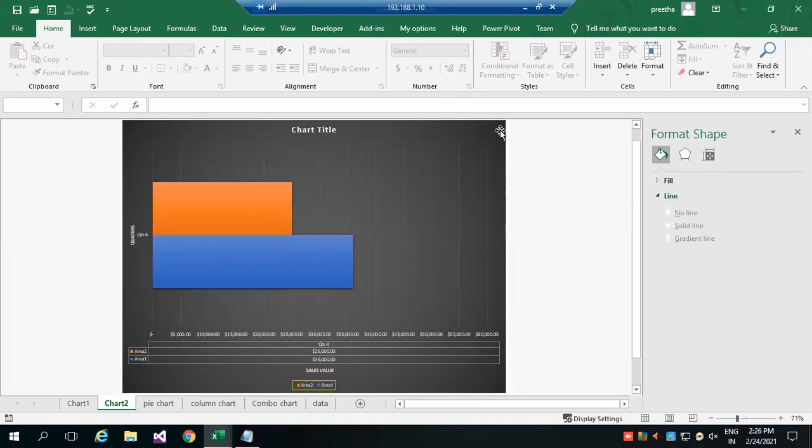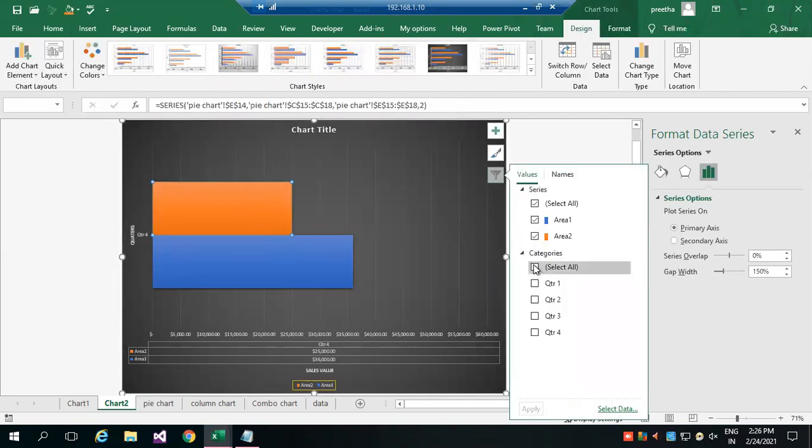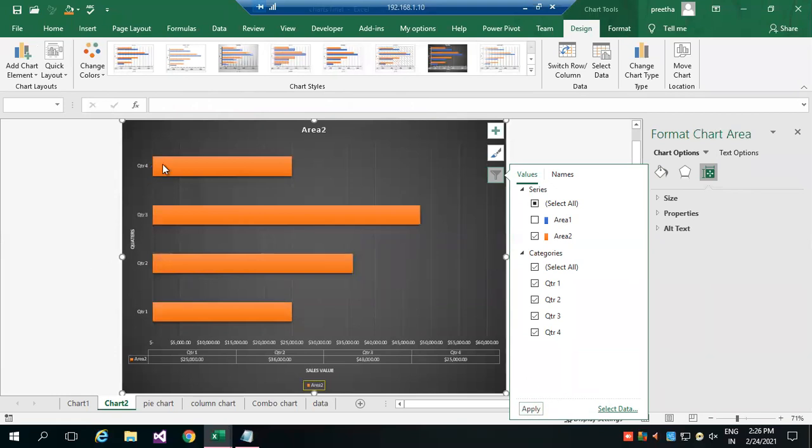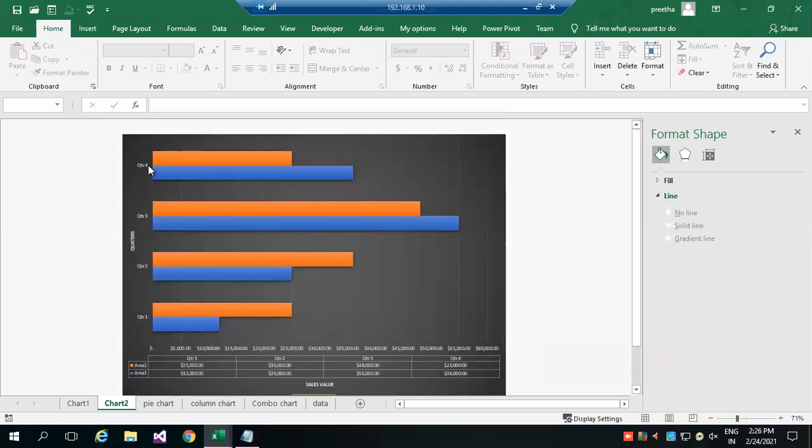In the chart, at any point of time, you can filter and show only the necessary data which you want. Or suppose I'm in charge of area 2, I'll only show what sales is happening for area 2. But when we are comparing all together, I can show all. Like this, you can filter the data during the representation.